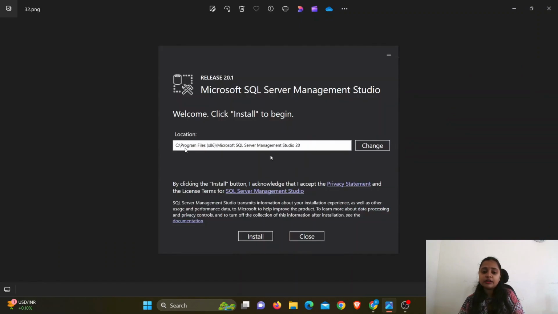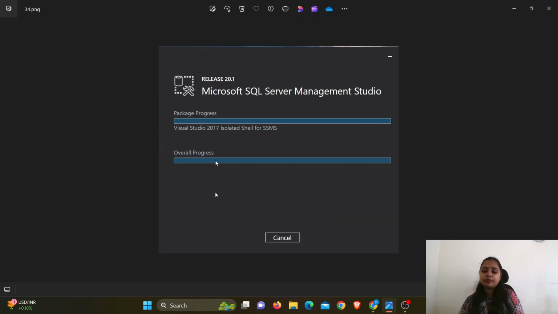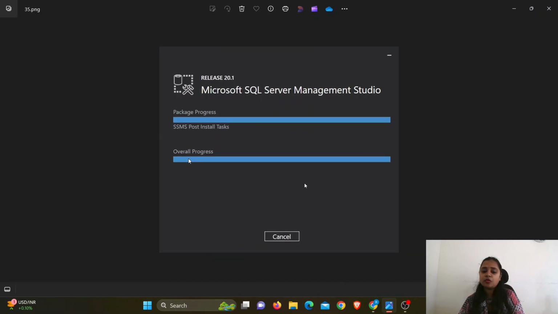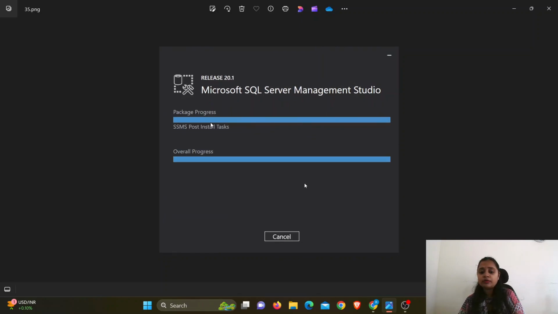Then after running, it will ask you what is the location for that. Are you comfortable with this location? If you're not comfortable, you need to change it by clicking on this button. You can select your drive, and you need to click on the install button. After clicking on the install button, it will take some time. It will be loading packages, please wait, and then it shows package progress and overall progress. Then after it completes, both lines will turn blue in color, and once it is done, now